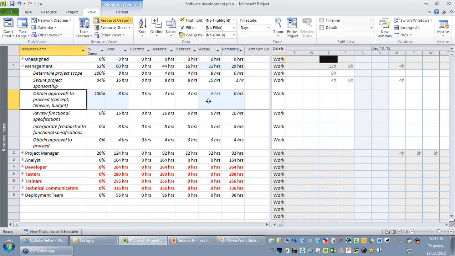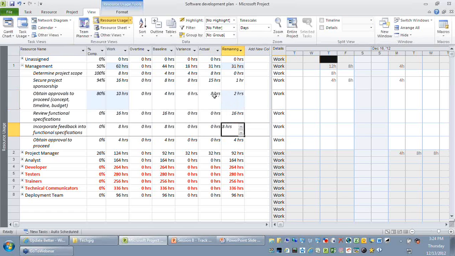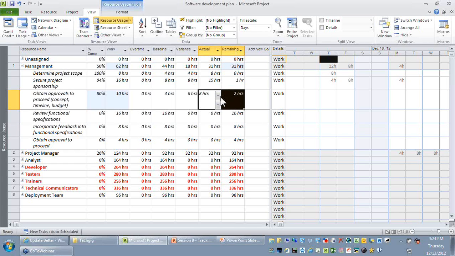Let's say for this activity I want to record a remaining effort. So you have taken 8 hours and you need another 2 hours to complete it. So the total effort required for completing this task is 10 hours. Since 8 hours of work is completed out of 10 hours, the work complete is 80%.